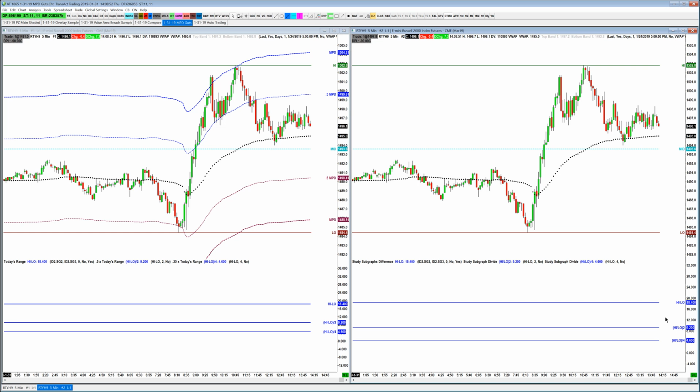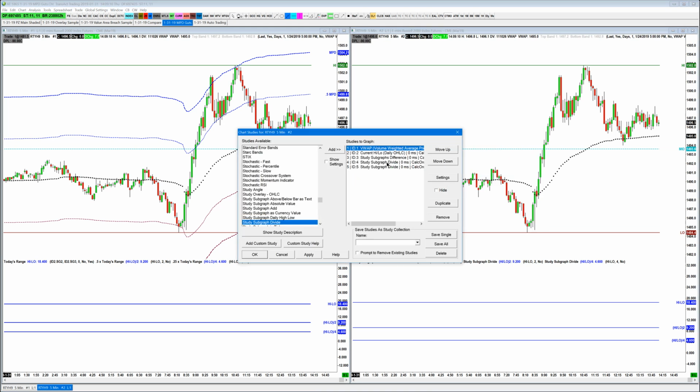All right. Now, let's take it to the next level and let's go ahead and build those MPD bands. All right, here's how we're going to do that. So now we're going to need to add this value to the VWAP. Okay, we need to add this half value, 9.2, to the VWAP. So I'm going to right-click, go to Studies, and we're going to be looking for a study here that's called Study Subgraphs Add, right here, Study Subgraphs Add. So I'll go ahead and add that, and just like the other ones, all we have to do is pick the inputs. So we just need to add the VWAP to that Study Subgraph difference,